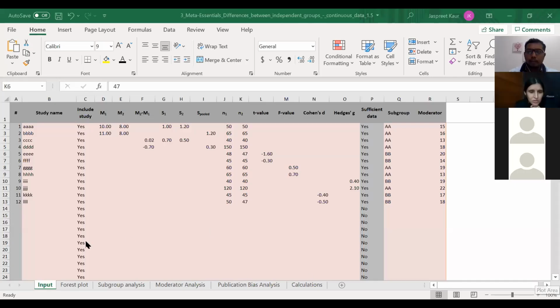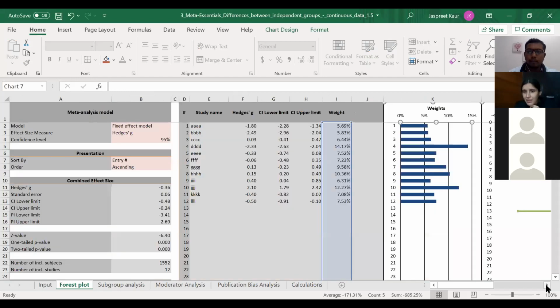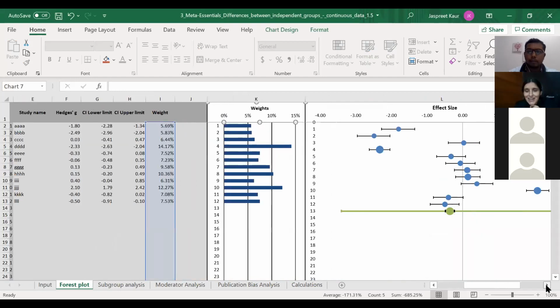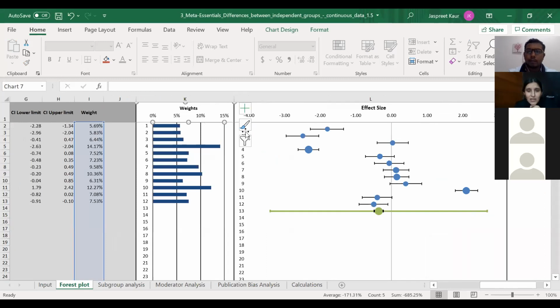Ma'am, see, forest plot is just a graph. Let me show it to you. What is a forest plot? See over here, it just has an x-axis and a y-axis. On the y-axis, you see 1, 2, 3, 4, 5, which is the study number. The x-axis is the effect size, just a magnitude.